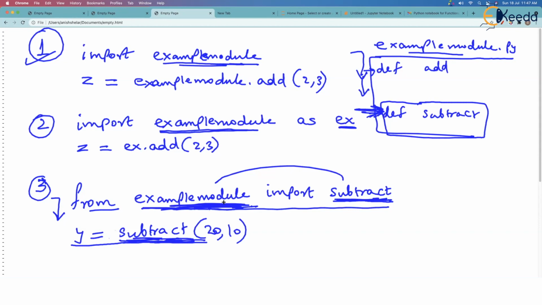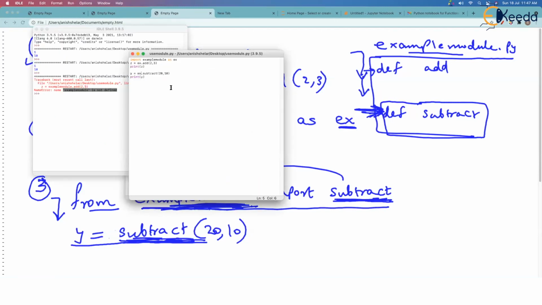So this is another way of importing. Let's go to Python IDLE and check. Let's say in my earlier program, this one, I want to use only subtract. I don't want to use add. I know that from this module, I am going to use only subtract. So what's the grammar? From the module name, from example module, we say import subtract. Now you see, you can't call add now. And while calling subtract, you don't have to give the module name. You simply say y is equal to subtract 20, 10, and Python will understand subtract belongs to example module. So the correct function will be called and the y printed will be 10.